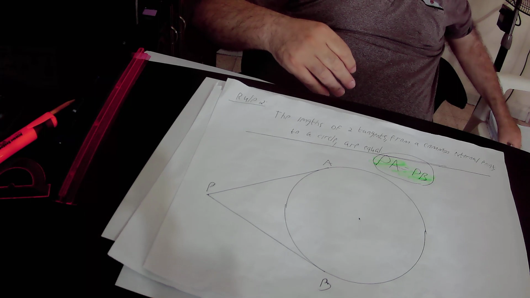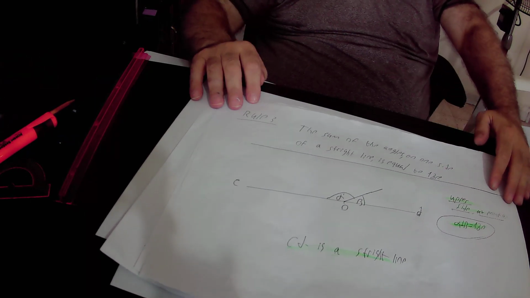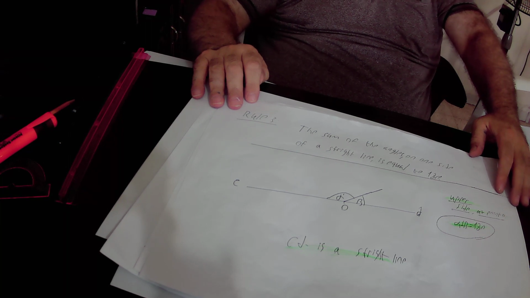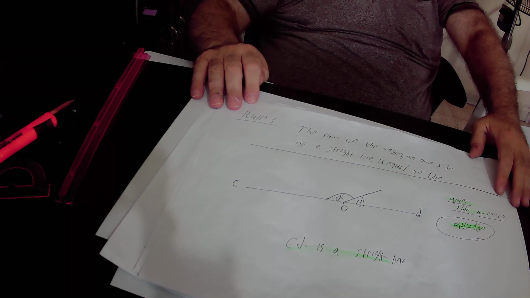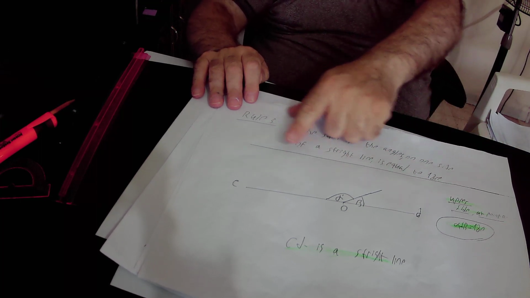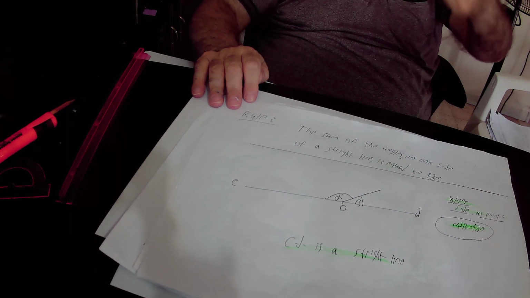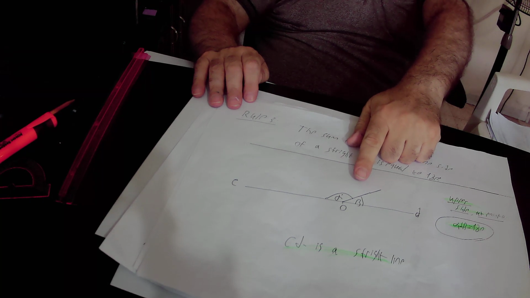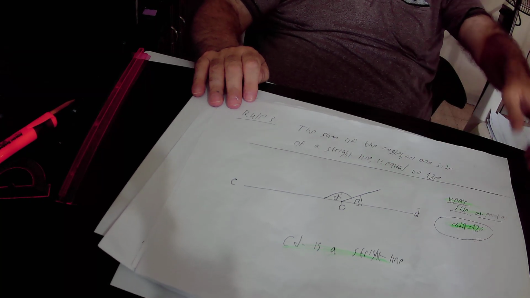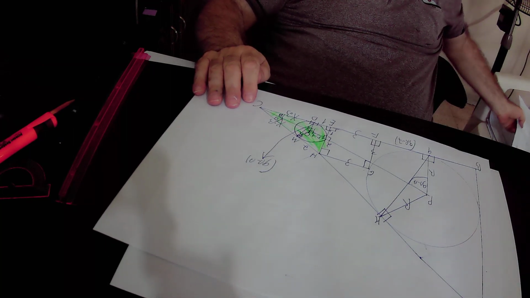And finally, we also use rule number 3: the sum of the angles on one side of a straight line is equal to 180 degrees. We have here the straight line CD. If we focus on the upper side of the straight line CD at point O, the sum of the angles must be equal to 180 degrees. That is to say, alpha plus beta equals 180 degrees. So we use those three rules a lot in the question,